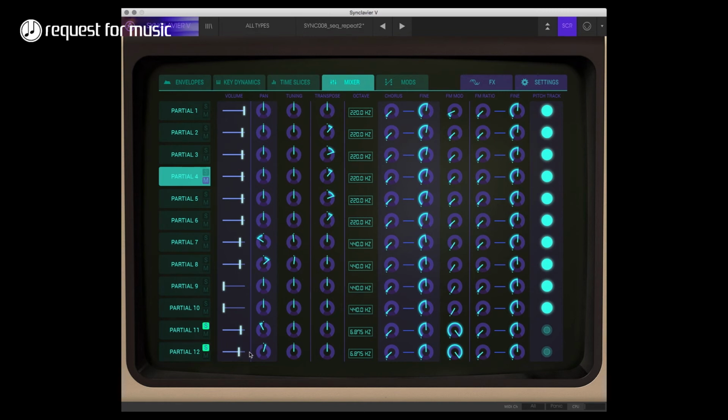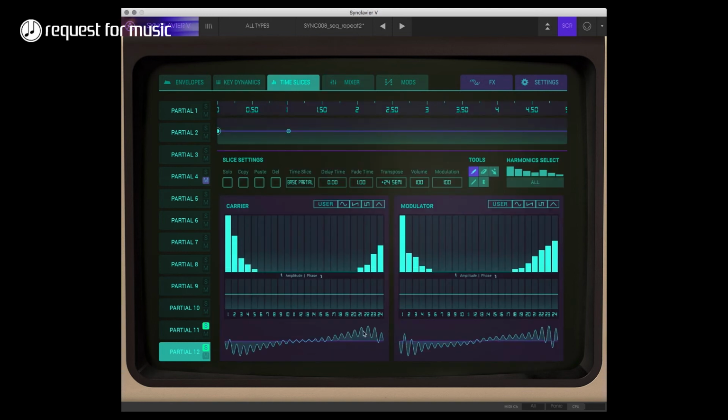So the last partial, what I did was change some settings in harmonic and modulator amplitudes on the harmonics, so I get it a bit more snappy, and also did a slight change, adding an extra partial or extra slice in that partial. So that's sort of a basic rhythm kind of thing going underneath. So if I put everything on,